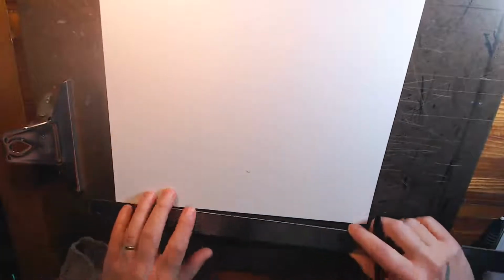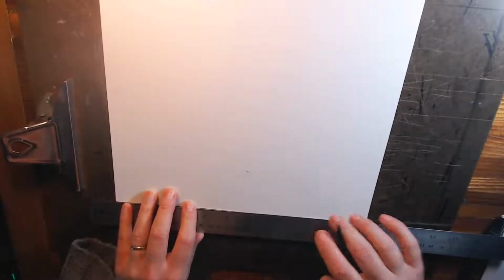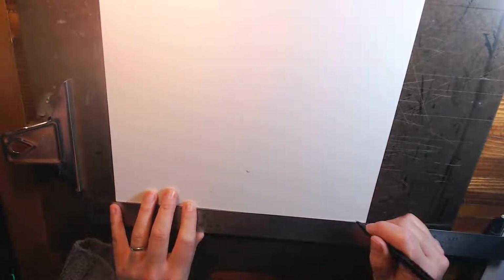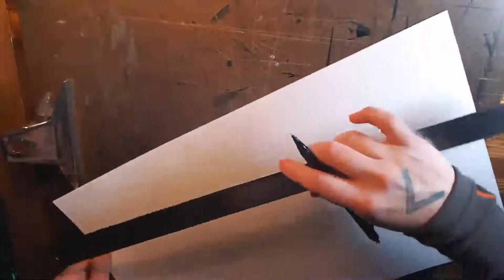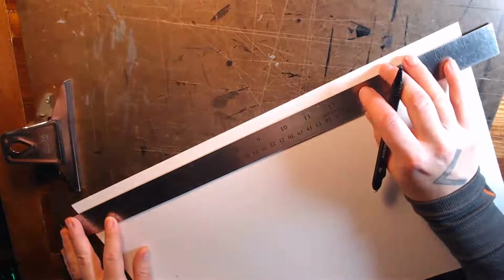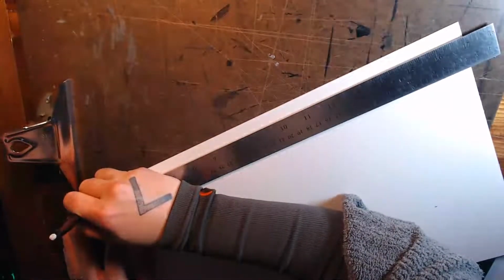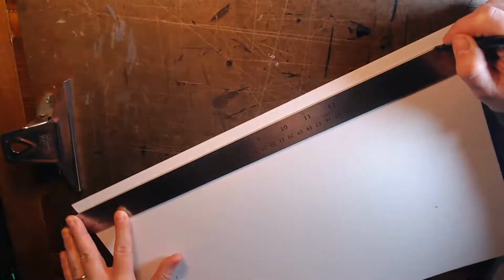but it is bigger than what I need, so I am going to make a smaller live area that's going to be 10 by 15. And yes, you can do this with a T-square if you would like, but the edge of my desk is not square and the edge of my board is not square, so all of that is kind of a moot